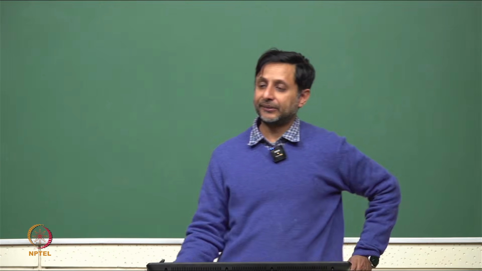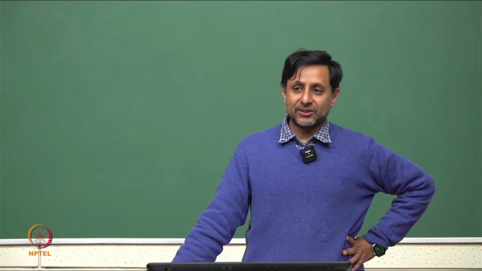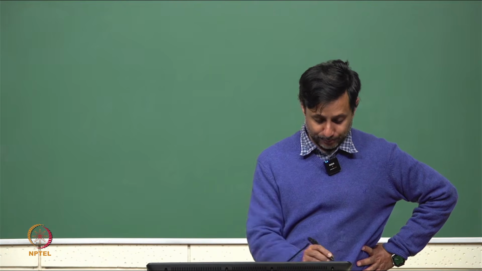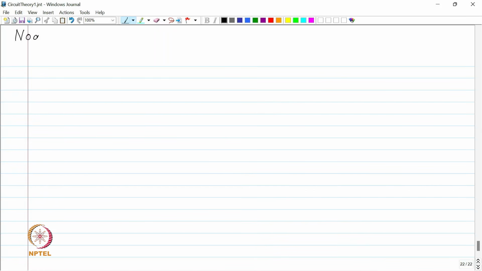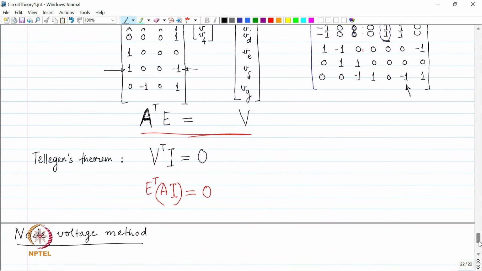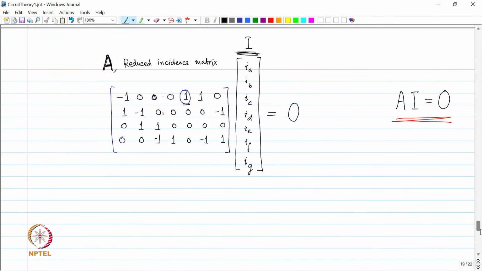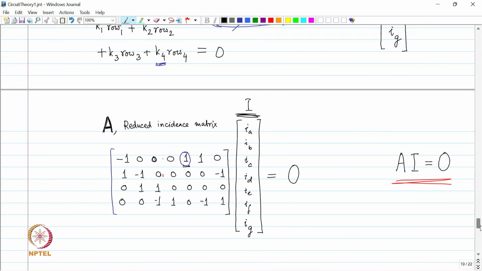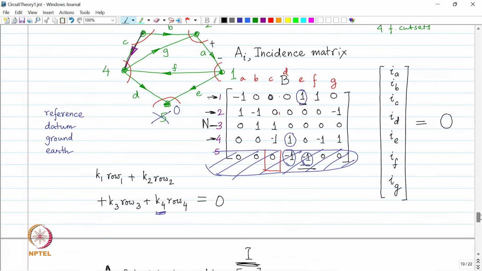So, with this we are going to move to our first circuit solving method. This is called the node voltage method. And what we are going to do is, we are going to do which strategy? We will not do all that tree and so on, we will do this strategy, or rather this one,